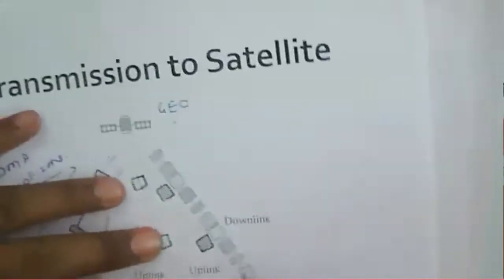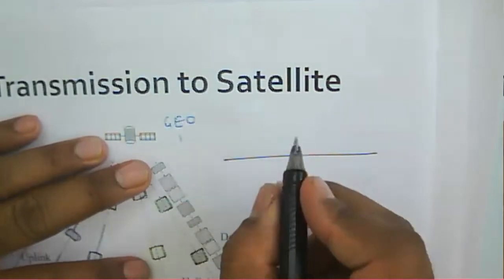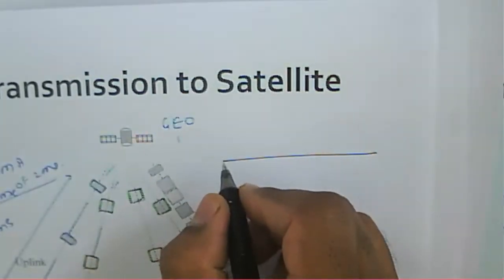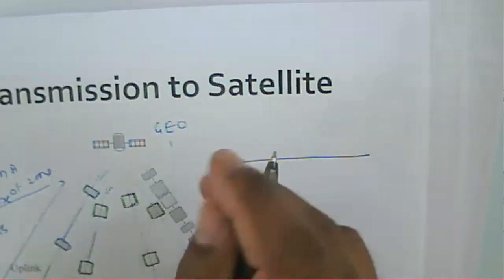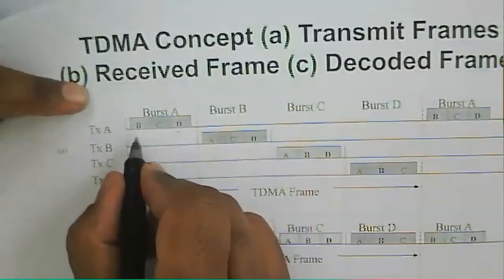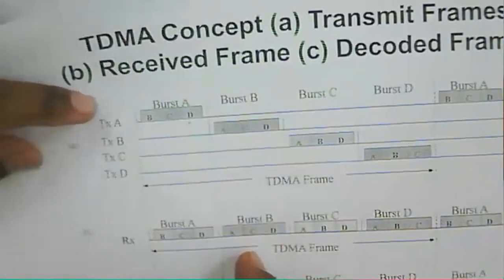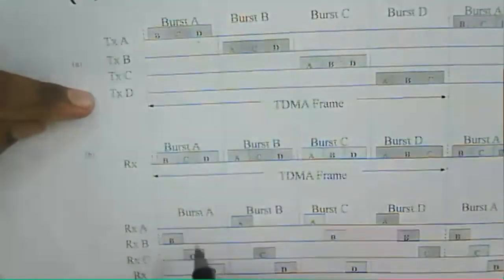So simply, I am saying, suppose we have the different transmitter and receiver here, as we have seen earlier, that there is a burst here, burst A, burst B, burst C, likewise. So now there are different bursts, but at a receiver,